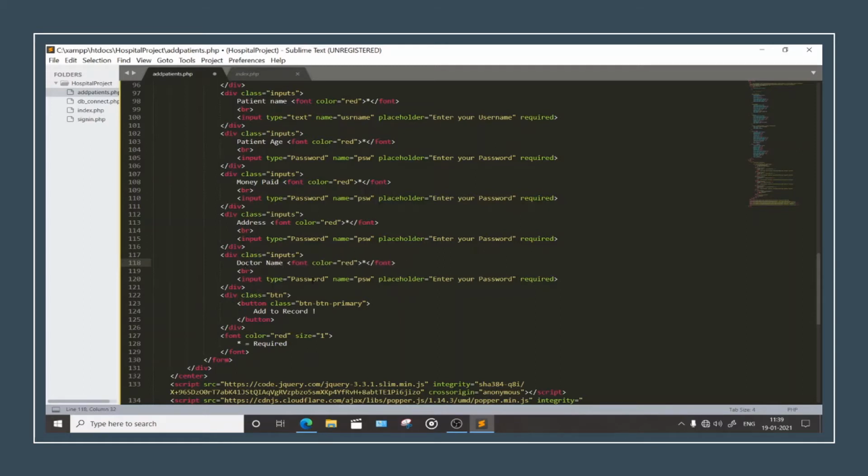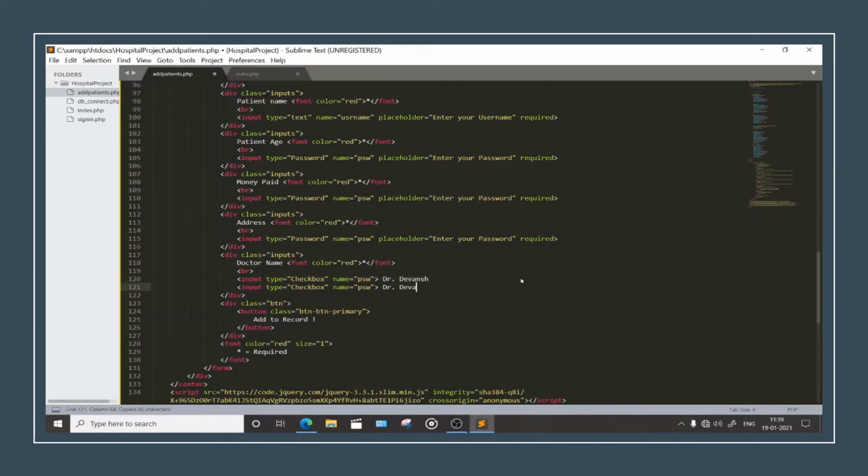The input type this time would be checkbox, all in one word, and this placeholder will get removed. Remove this required also, and if you want any other name, you can type it there. I am having for now Dr. Devansh. I don't know why I need myself as a doctor, but let's copy and paste it here, and Dr. ABC, someone else.